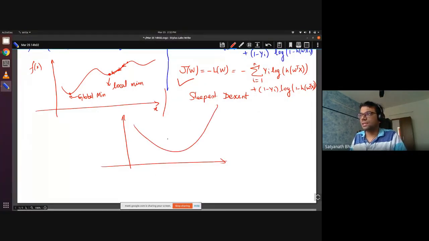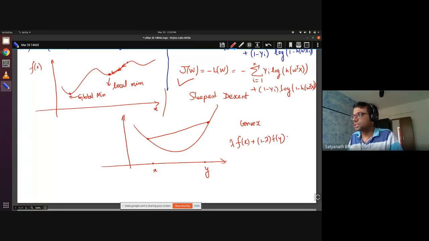The technical definition for convex functions is that f satisfies this property: lambda f of x plus 1 minus lambda f of y. Basically, if you take two points x and y, this is like a line joining the two points. The function always lies under this. So this is bigger than or equal to f of lambda x plus 1 minus lambda y. That is the property of a convex function, and a convex function has only a unique